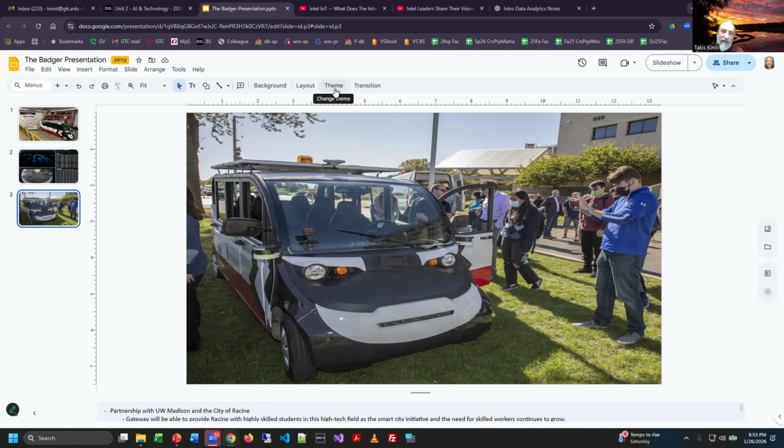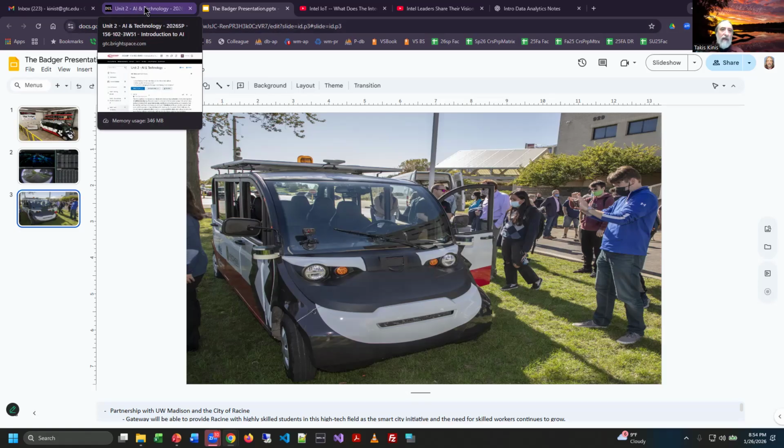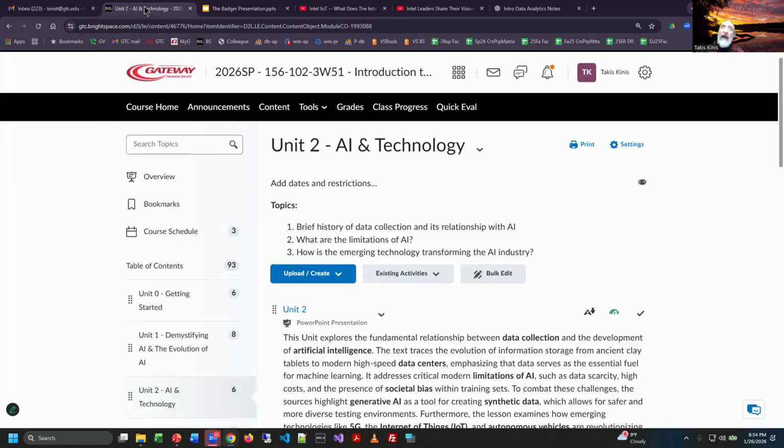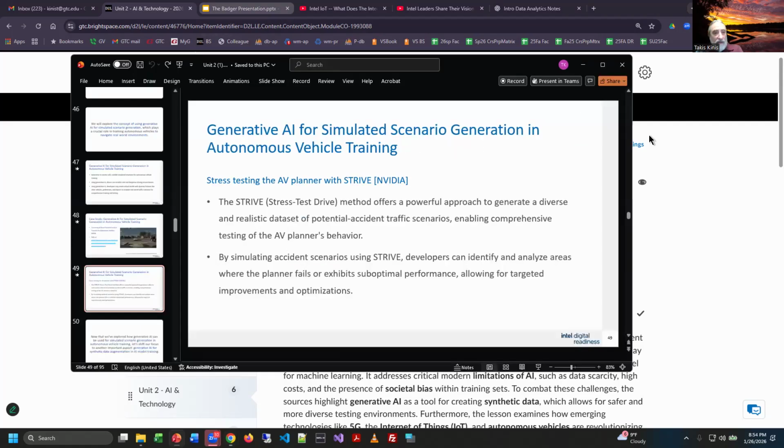Eventually, I think they wanted to give up this vehicle format and go to standard size vans instead. I don't know if those are electric or not. This one was electric. I think they had some issues with it being an electric vehicle or a regular vehicle, so I'm not sure if they're continuing this plan or not. But they were doing this in partnership with UW Madison, a private autonomous vehicle company, and the city of Racine, all partnered up on that particular endeavor.